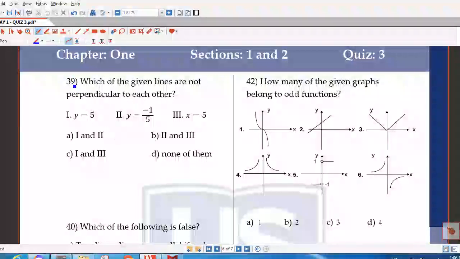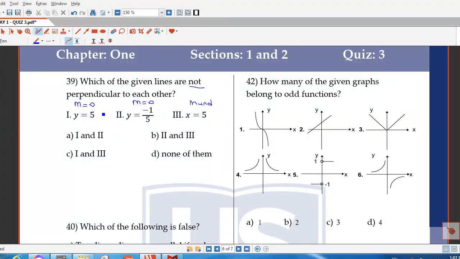Quiz 3, question 39. Which of the given lines are not perpendicular to each other? The first line, y is equal to 5, is horizontal. It has a 0 slope. The second line is also horizontal, so it also has a 0 slope. The third line is vertical. It has undefined slope. So to be perpendicular to each other, one of them should be